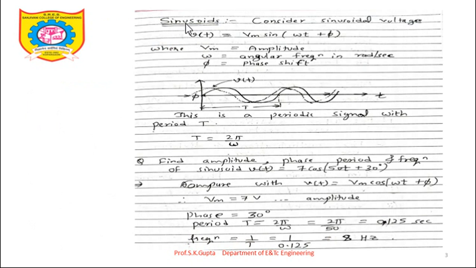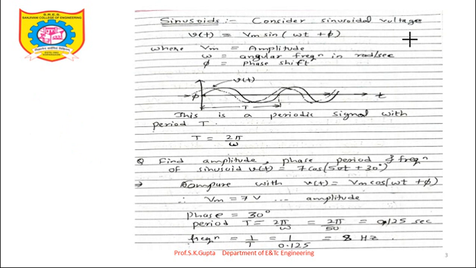So first we will see the sinusoid. A sinusoid means a sinusoidal shape or nature. What is the difference between sine and sinusoid? This type of shape is known as the sinusoid. Now this sinusoid can be a sine wave or a cosine wave also, because a cosine wave has the same shape. But the difference between sine and cosine is that they differ from each other by a 90-degree phase shift.